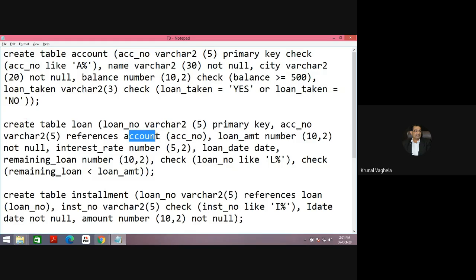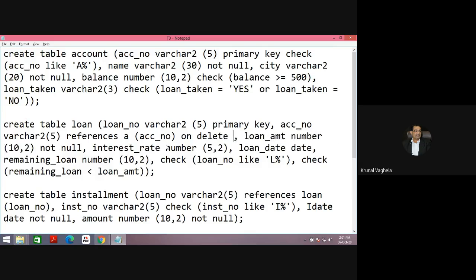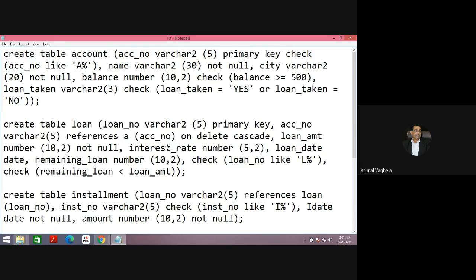Now our table name is A, so A. This is the column. Here you need to write on delete cascade. Simple. That's it. Whenever you are declaring your foreign key, at that time you need to write on delete cascade.